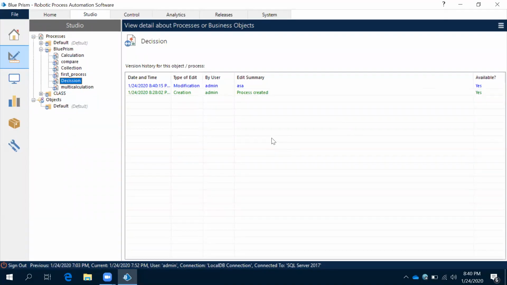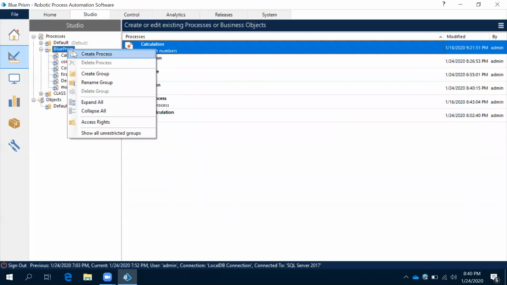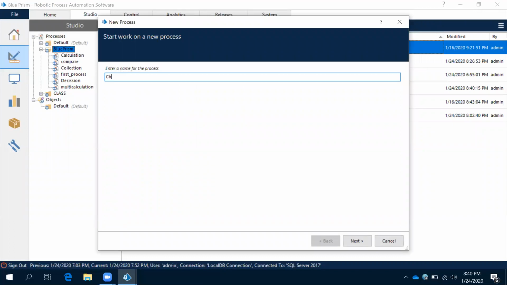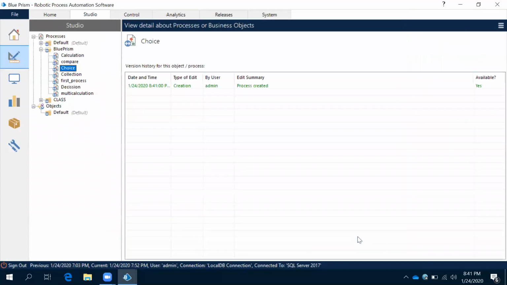Hi. Previously we implemented decision for a single conditional statement, right? Now we'll see how to work with choice. If you want to implement more than one conditional statement, then we have to go for choice. More than one. For example,